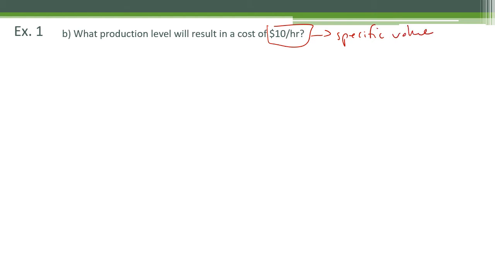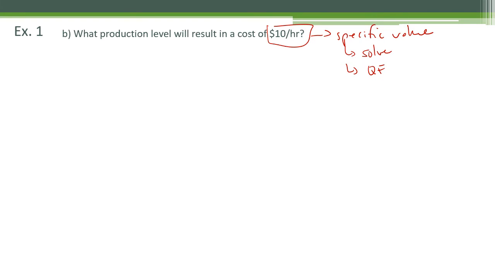Therefore, you should be thinking I have to solve, which might mean quadratic formula. We do have an intermediate step to do here. And remember, the cost was in thousands. So if it's saying $10 an hour,